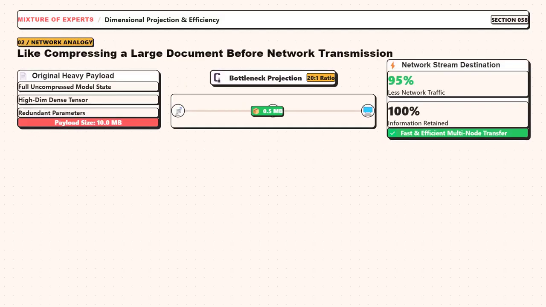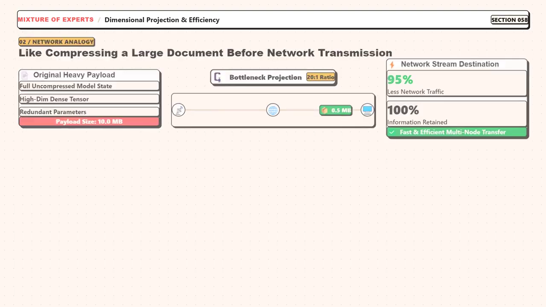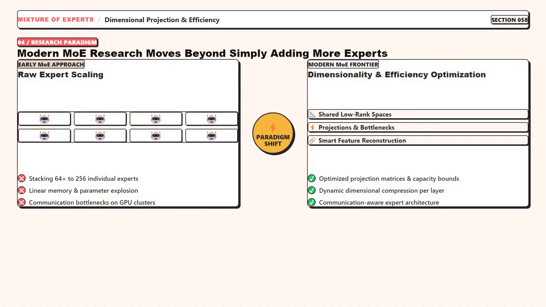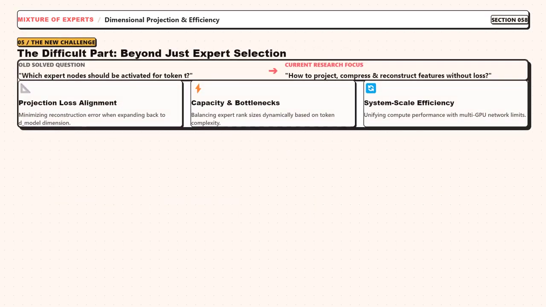The basic idea is similar to compressing a large document before sending it over a network. You still transmit the useful information, but you reduce the amount of traffic. This illustrates how modern MoE research is moving beyond simply adding more experts. The difficult part is no longer just deciding which experts to activate.